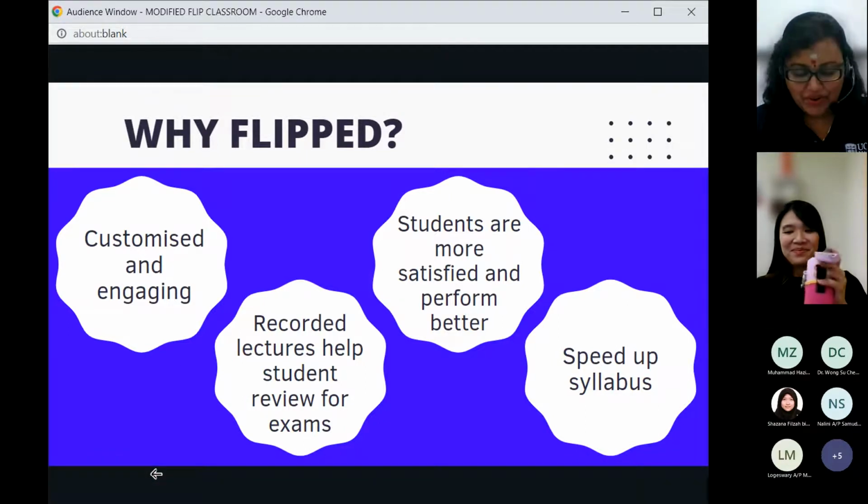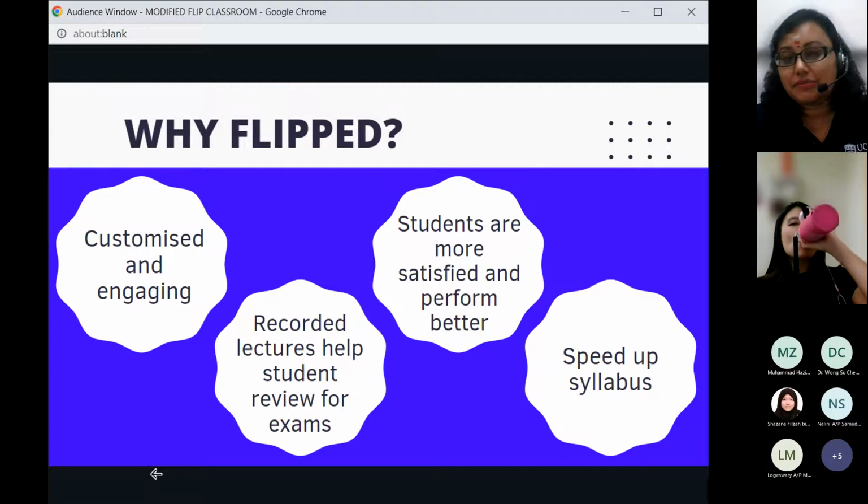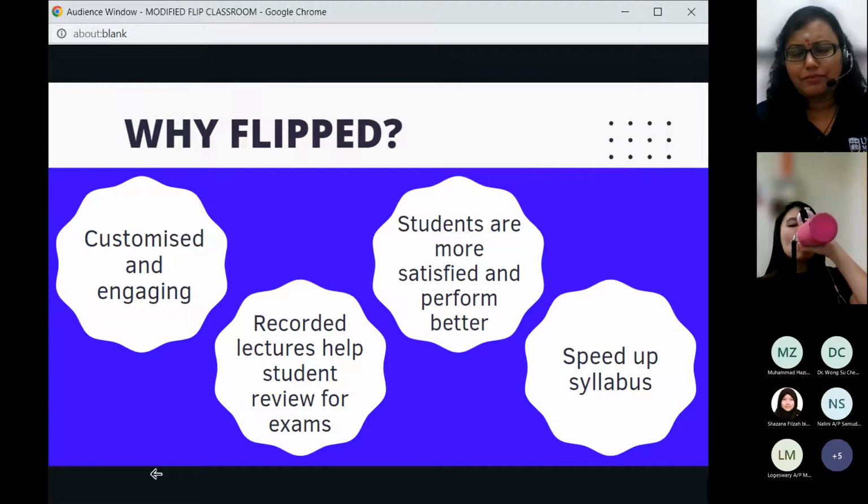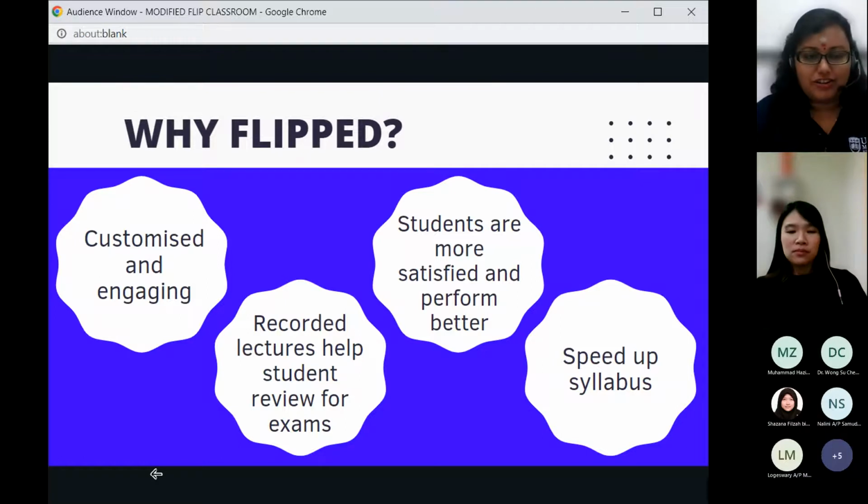When it comes to speeding up the syllabus, this is the part that benefits me pretty much. For example, I taught English grammar and usage, one of the courses for foundation students. In English grammar and usage, one of the most tense topics, I would say, among students is tenses.